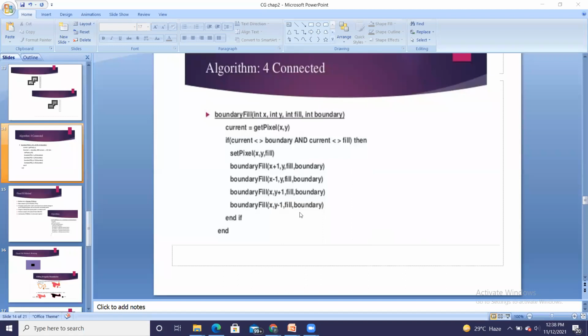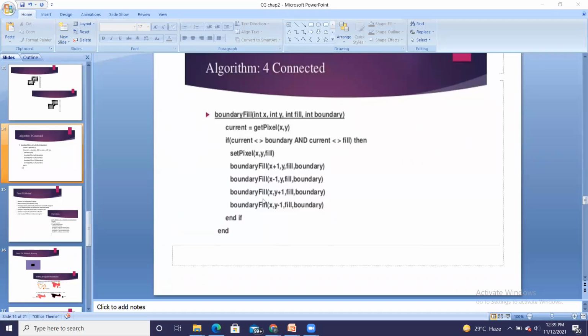So this is the algorithm. There we are getting one pixel with the get pixel command and storing it in current. And then that current pixel's characteristics we are finding out, whether it is a boundary pixel and whether it is a filled one. So if both the conditions are false, then we are setting that particular pixel to the polygon value.